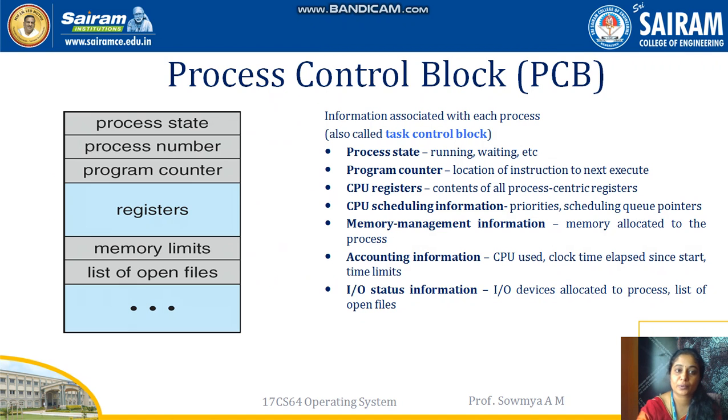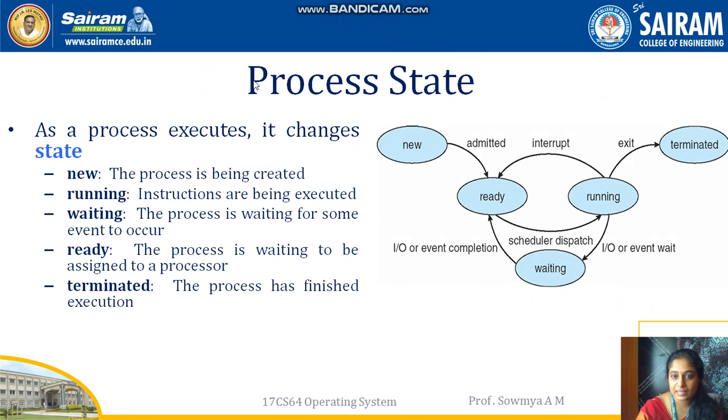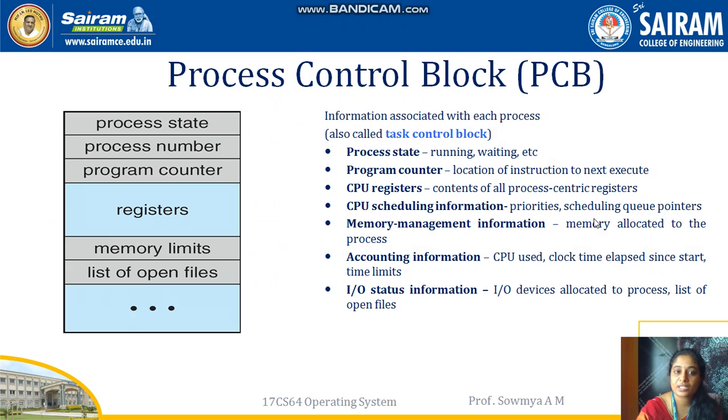Next one is process control block. So information about all the processes is stored, like every process will have a process control block, and every piece of information about that process is stored in this control block. So it is divided into many segments. First one is process state, which defines in these 5 states under which state your process is. Next one is process number. Every process will have its own identification number. That number is stored under process number.